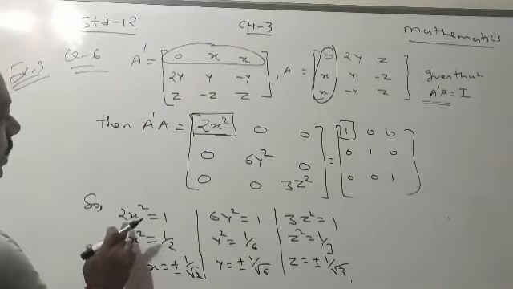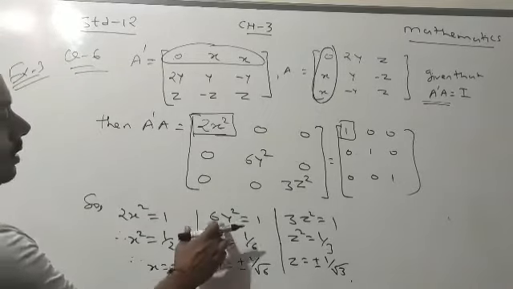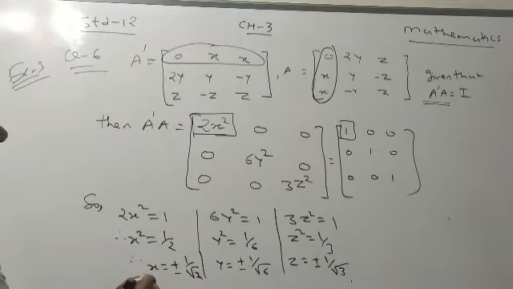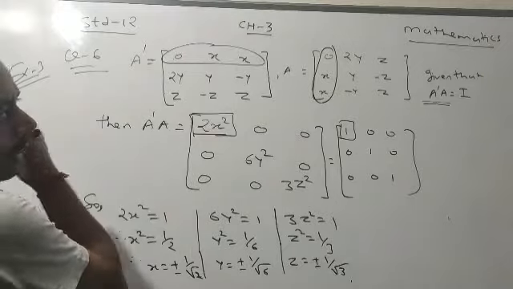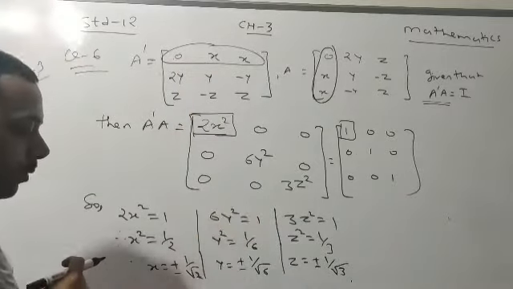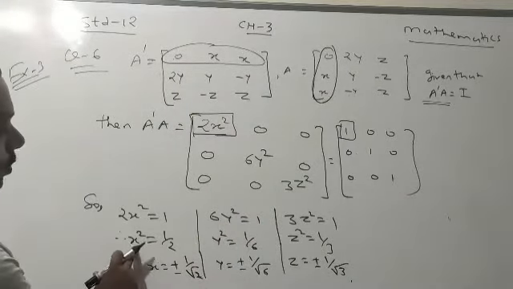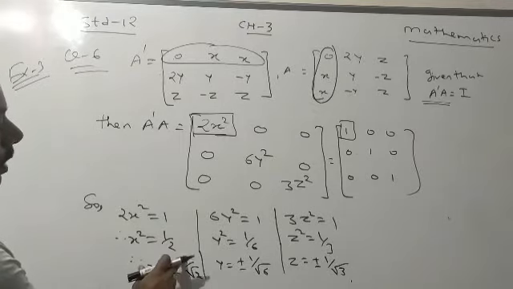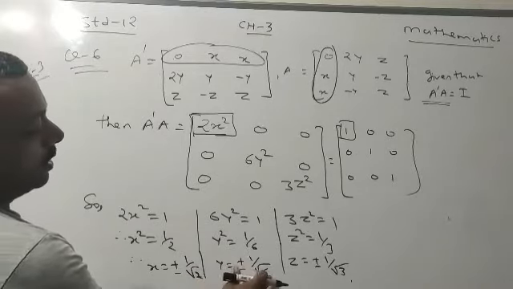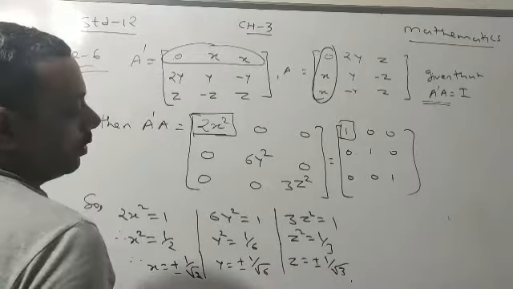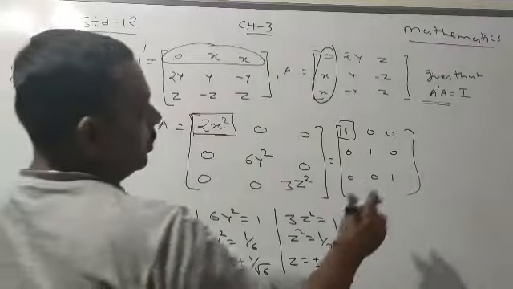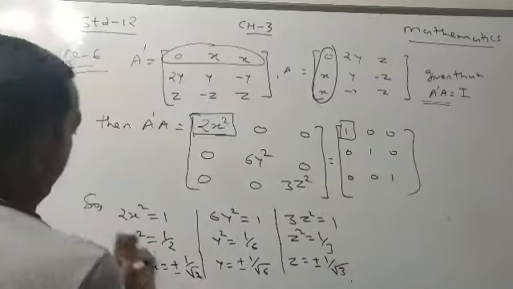Now after simplifying this, x square equals 1 by 2, y square is 1 by 6, and z square is 1 by 3. But we are interested in x, and x is nothing but an entry. We know that an entry of the matrix is either positive or negative, so we have to think about both the cases. So x square is 1 by 2; we will consider x equal to plus minus 1 by root 2, y equal to plus minus 1 by root 6, and z equal to plus minus 1 by root 3. This way our question is to obtain the values of x, y, z when the relation A dash into A is equal to identity is given.